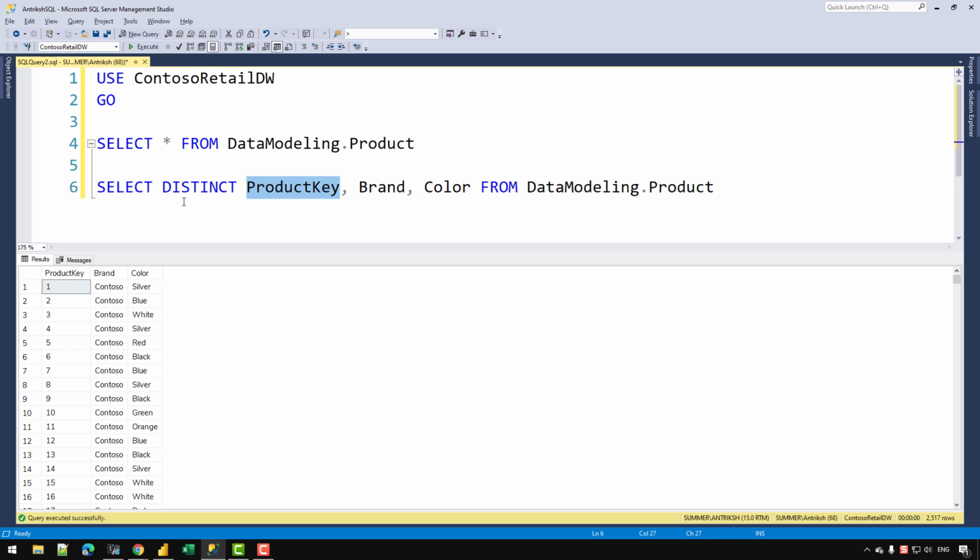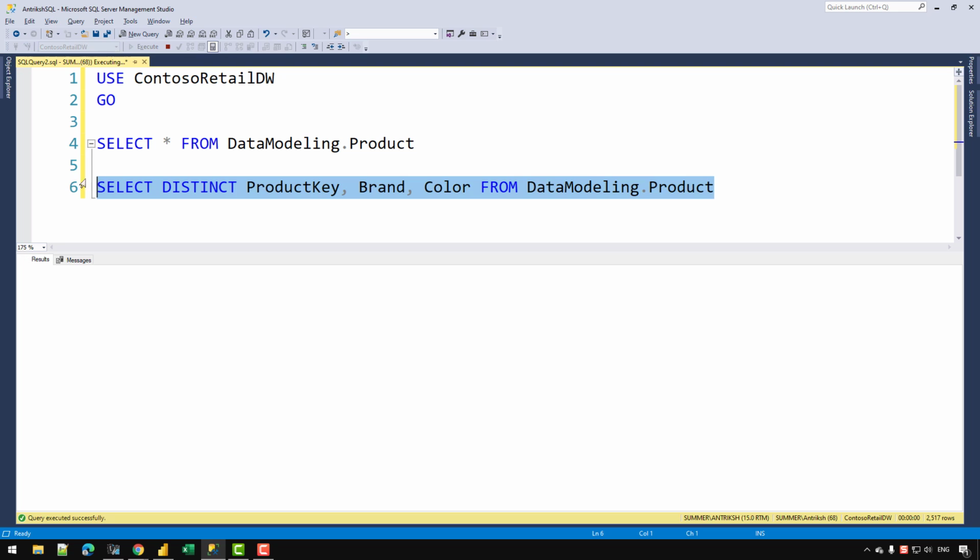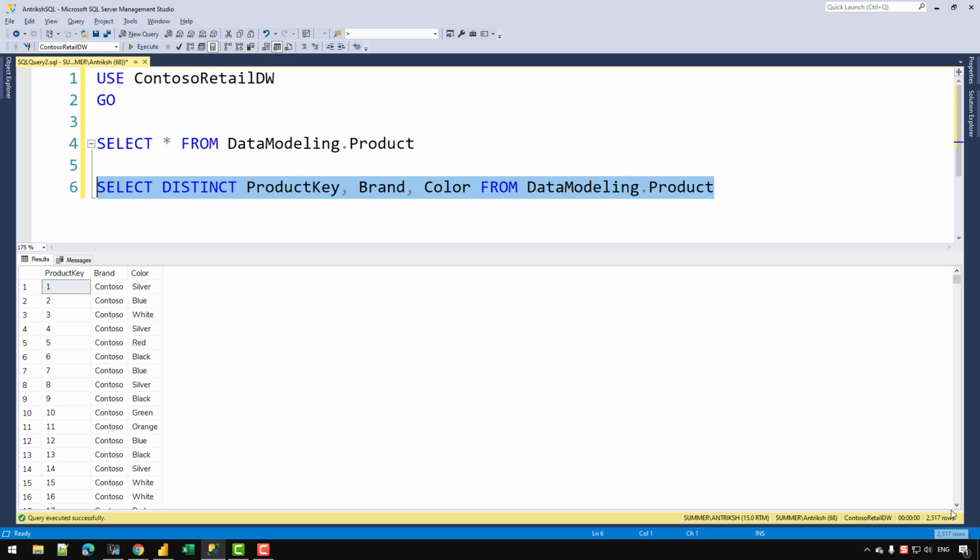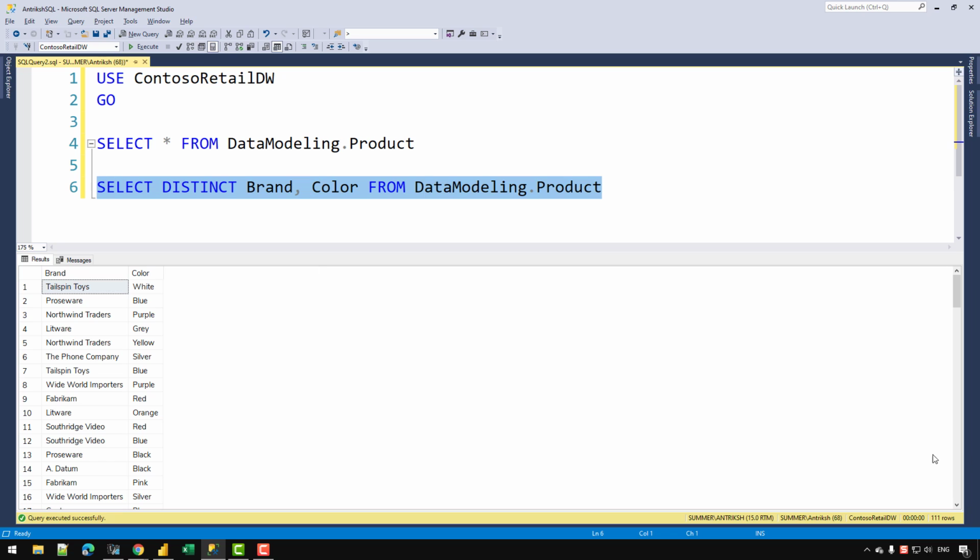So if I use the distinct function, it will return the exact same number of rows. You can see that with the product key I am getting 2500 rows, but if I remove that and select that and press F5, I get only 111 rows. So these contain only the distinct pairs of brand and color.